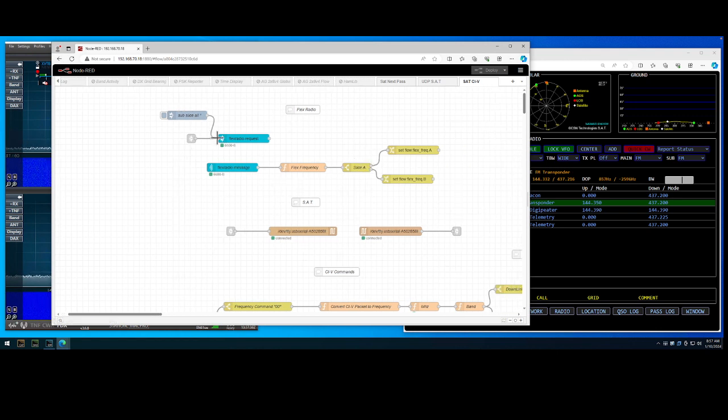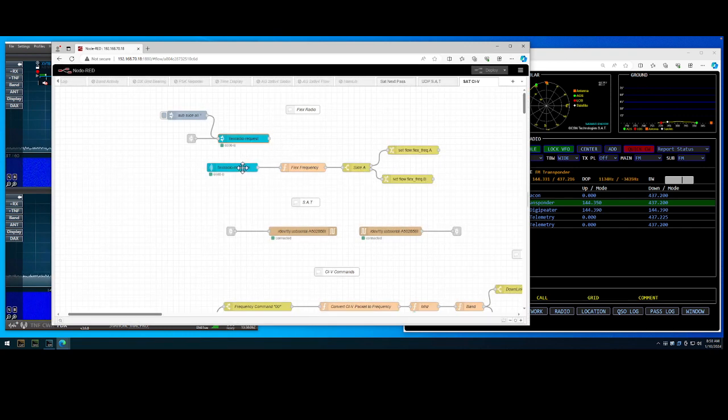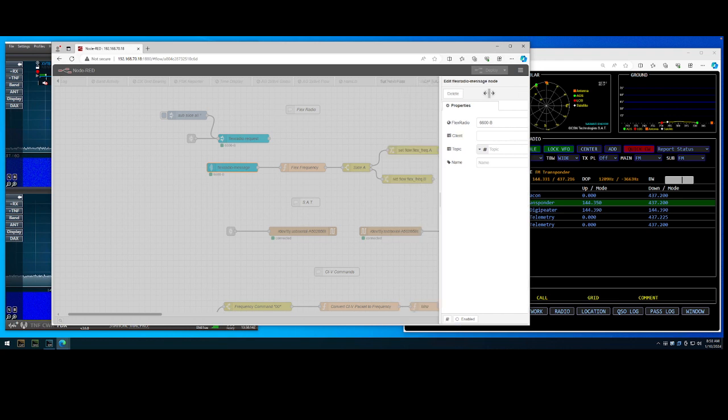At the top, you have to configure your Flex radio and configure the COM ports. For Flex, if you just double click on it, click on the pencil because you want to modify the configuration node, and select discovery mode. You can select your radio, or there are other different modes in here, manual or automatic, that you can try, but you've got to configure your Flex radio. Likewise for the message, same thing for your Flex radio. It should now be in the pull down. Don't hit the pencil. It should be in the pull down menu,